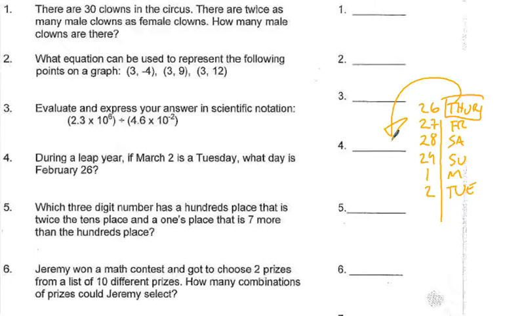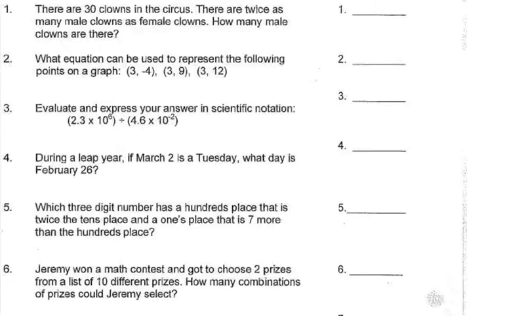Okay. Far more difficult if we stretch out over years, per se. Which 3-digit number has a hundreds place that is twice the tens place, and the ones place that is 7 more than the hundreds place? So,